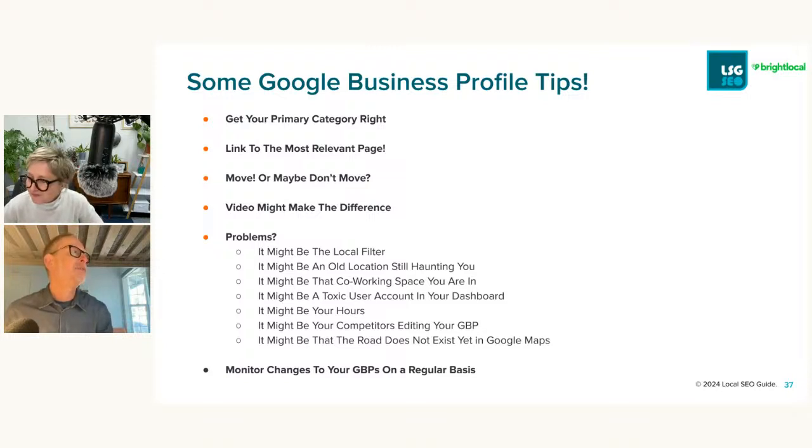We also see, especially in spammy fields like garage doors and lawyers, your competitors might be editing your GBPs, changing your names, trying to get you either to lose the keywords in your names or trying to get you banned. It's important that you monitor these changes regularly if you're in one of these categories. We built a tool using the Google Business API that updates us in Slack anytime any of our locations are changed.